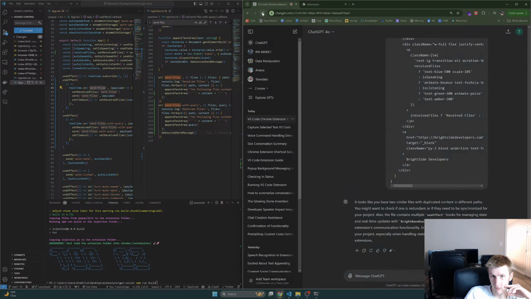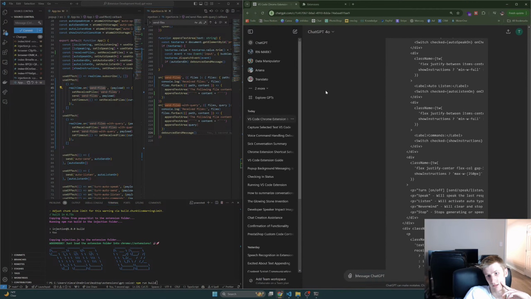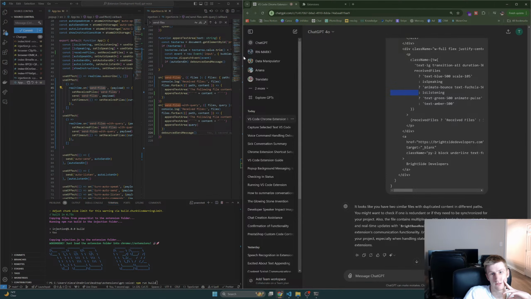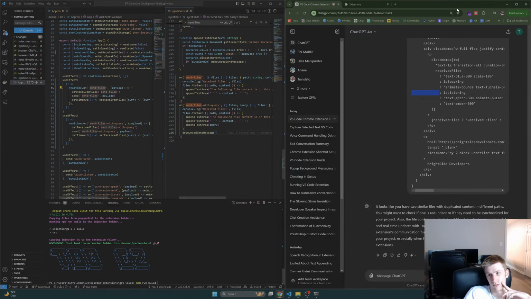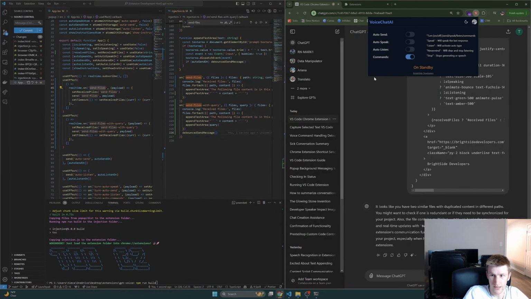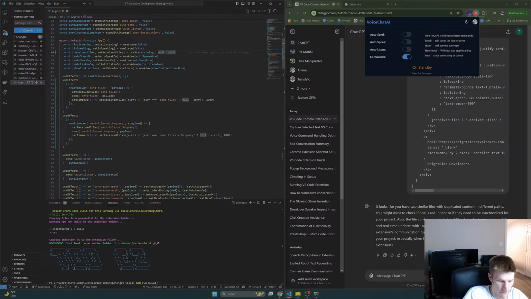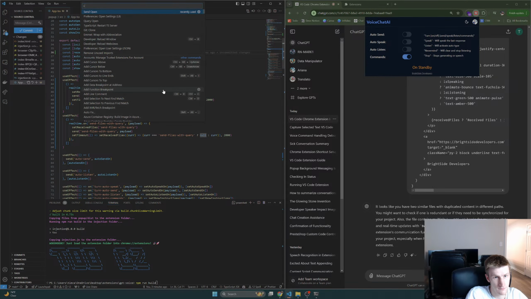Reload, reload, interact with the document, Control Shift X, come over here, this is going to be so cool, so I'm going to query